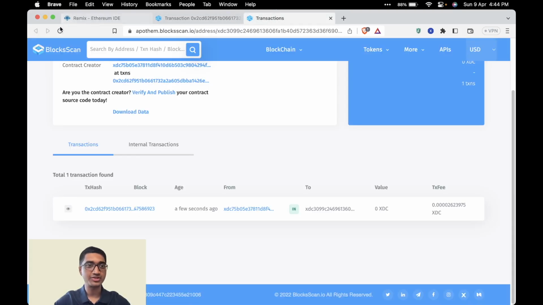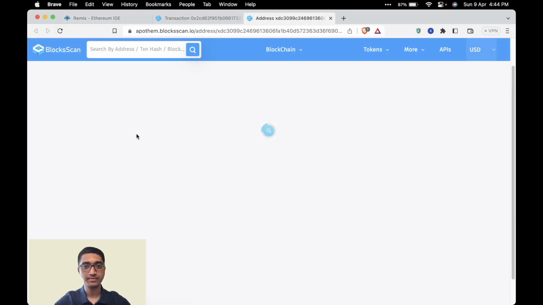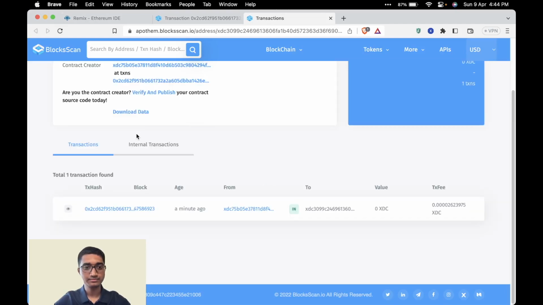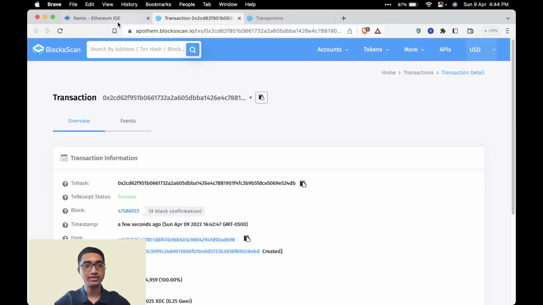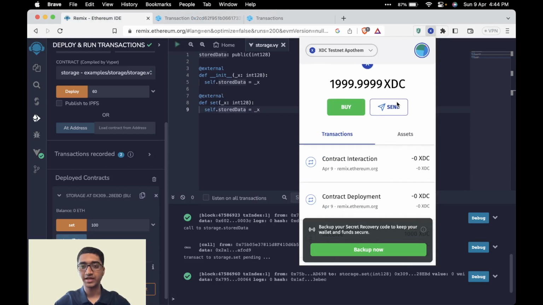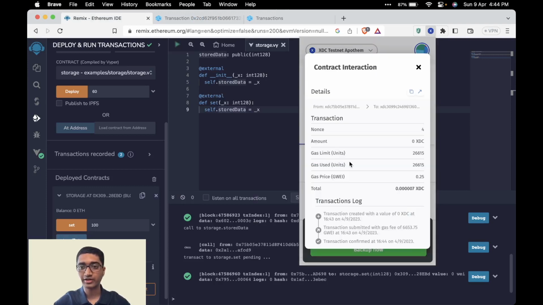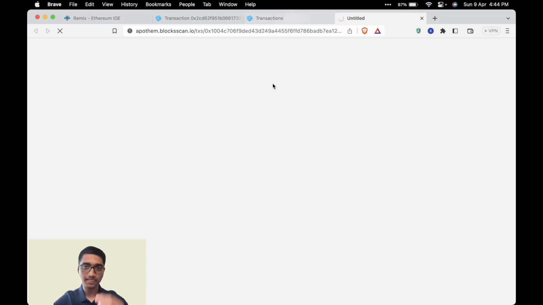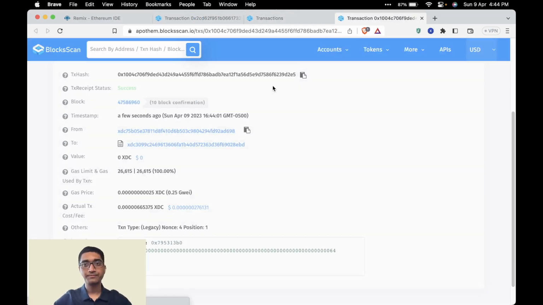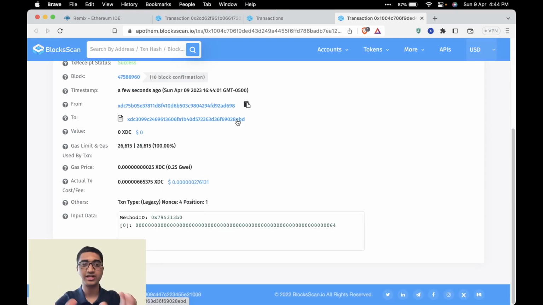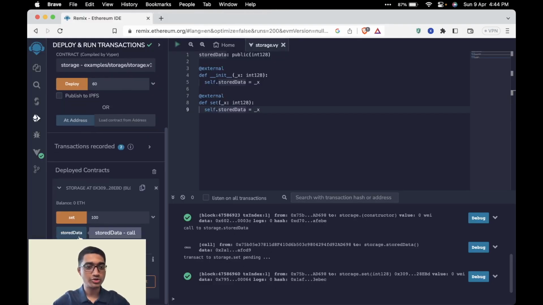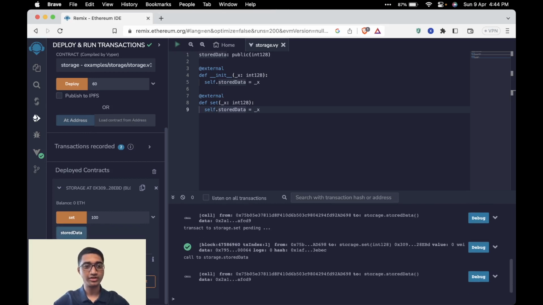And when we go to transactions here, we can refresh the smart contract. And we can now see, we can go to the XDC Pay tab and we can see that this is a contract interaction. So if we click on that, it shows that the transaction was completed. Again, it already has 10 block confirmations, which means the transaction has also been confirmed. Now, if we were to call the stored data function, it will show that the new variable has 100 as